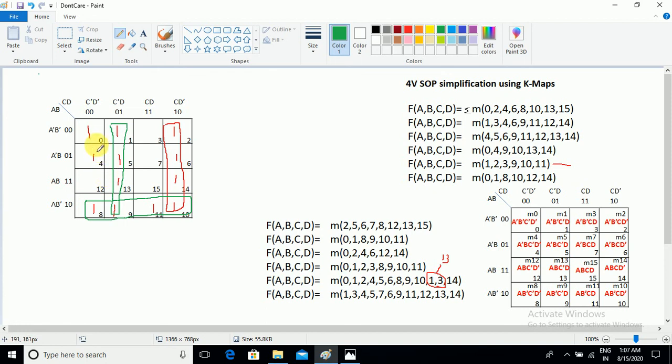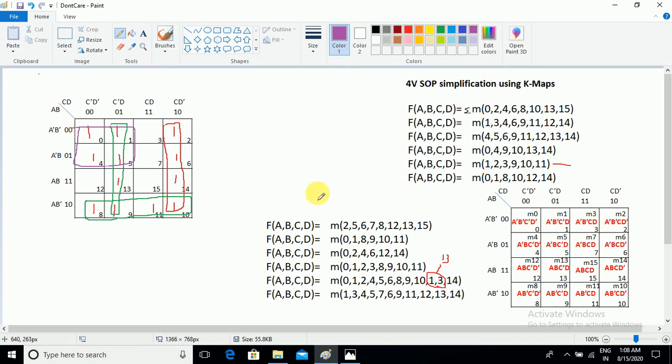What are the alternates? How many alternates are available for the 0 and 4? In 0 and 4 we can create this kind of overlapping, as well as this overlap. Two overlaps are available. Any one you can select and you can take the answer. Both are correct. If you take this kind of mapping, it will also be considered into the answer. Otherwise, if you take the overlap with this group, it will also be considered into the answer.